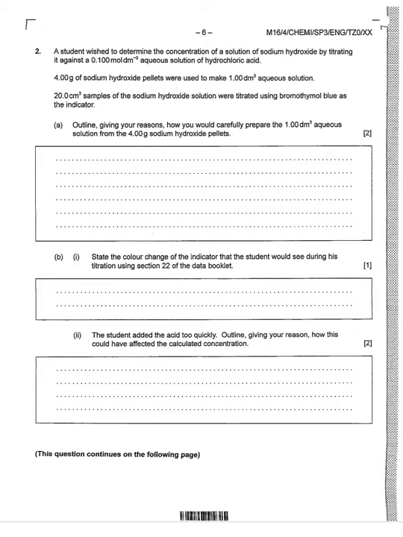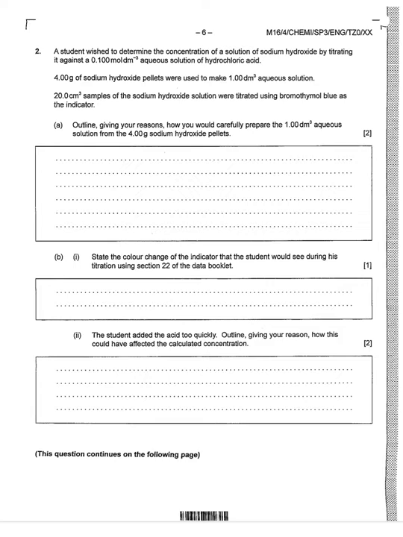Number 2, a student wished to determine the concentration of a solution of sodium hydroxide by titrating it against a 0.1 molar aqueous solution of hydrochloric acid. 4 grams of sodium hydroxide pellets were used to make a 1 liter aqueous solution. 20 cc samples of sodium hydroxide solution were titrated using bromothymol blue as the indicator. Outline, giving your reasons, how you would carefully prepare the 1 liter aqueous solution from the 4 grams of